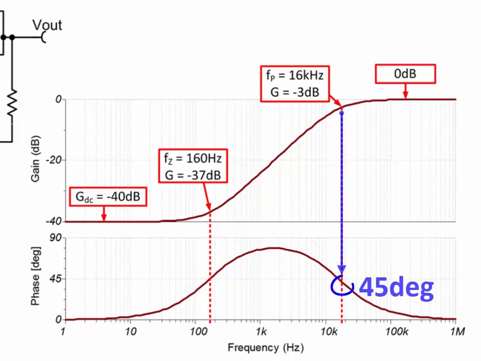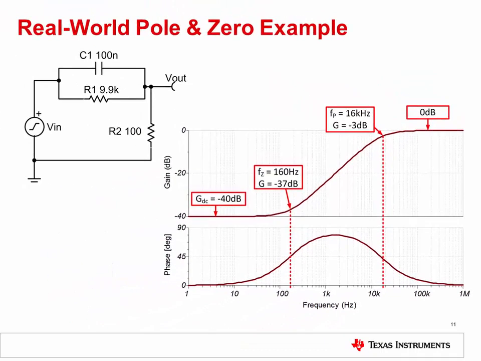The phase shift at the pole frequency is plus 45 degrees, which makes sense because we shifted down minus 45 degrees from plus 90. Finally, at high frequencies, the phase shifts back to 0 degrees because the pole and zero fully cancel each other. The method described here, where we consider the DC and high frequency behavior of the capacitor, is a common way of analyzing frequency response. In later presentations, we will apply this method to the analysis of amplifier frequency response.